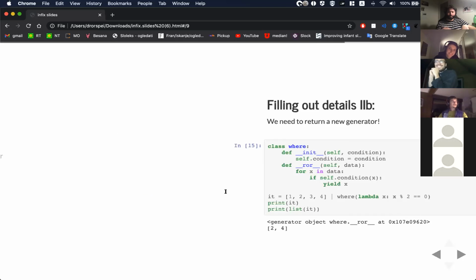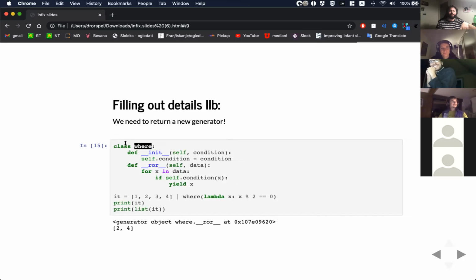All right. Let's do the where first. So I'm going to create a class where. In its initializer, I'm just going to save the condition. So when I do where on a function, it saves that function. And then when I use the pipe on the left, what I'm going to do is return a new generator that takes a data iterable and goes over all of the elements and only yields those that satisfy the condition.